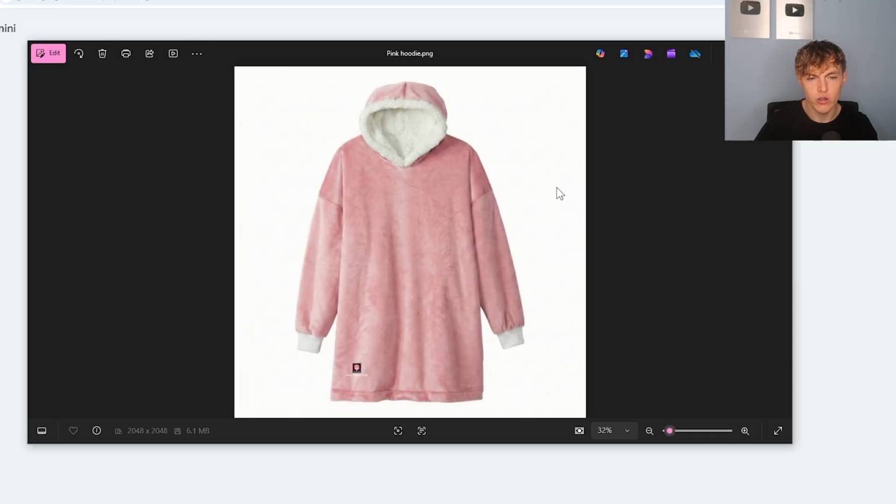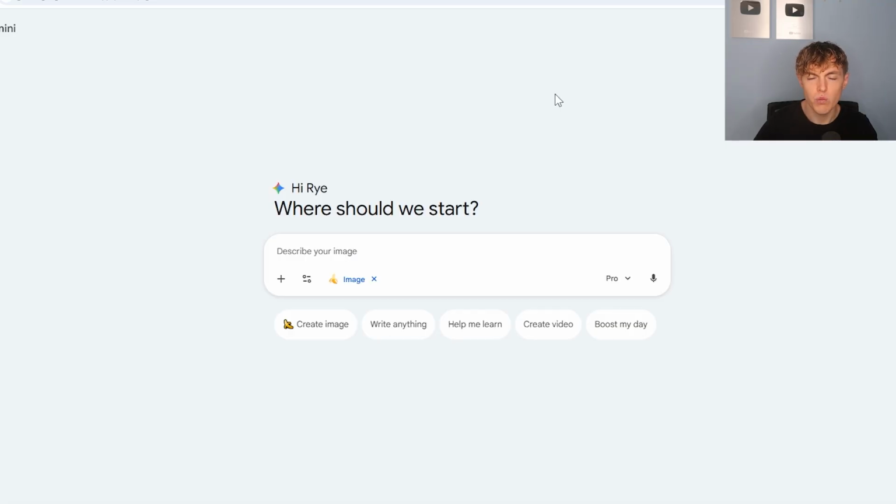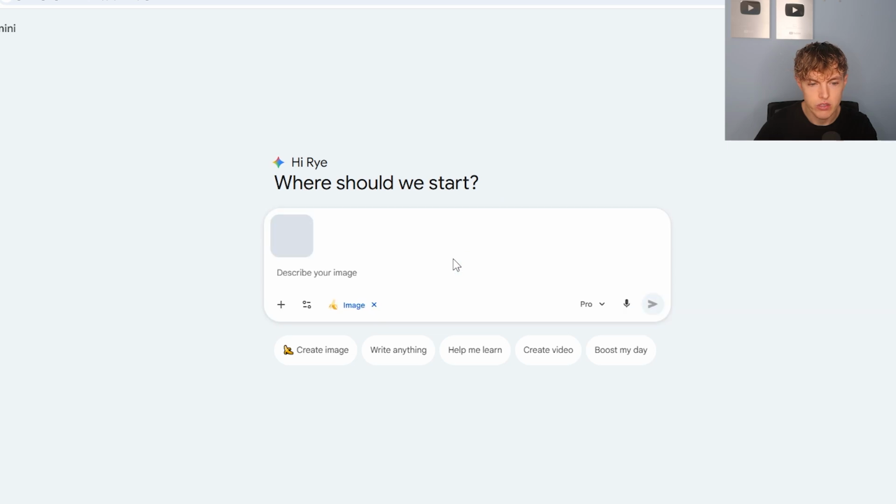So first, go ahead and grab your product image. I have this pink oversized hoodie dress. Then we're gonna go to an AI image generator of choice to make our UGC character. I recommend using Gemini since it has Nano Banana Pro. But now we're gonna go ahead and drag our product into Gemini and hit create image, make sure it's on